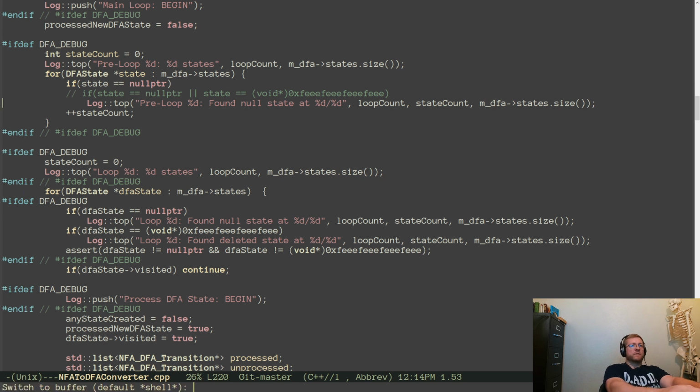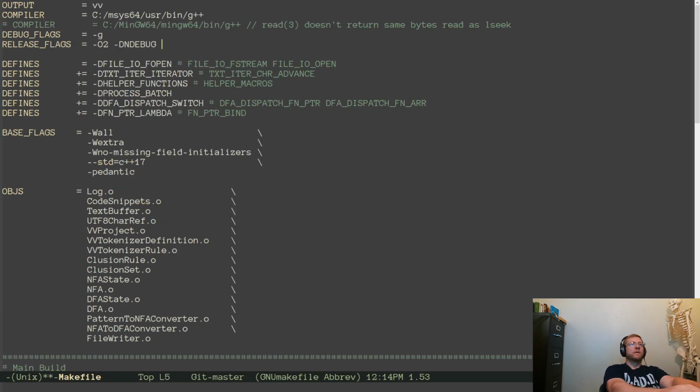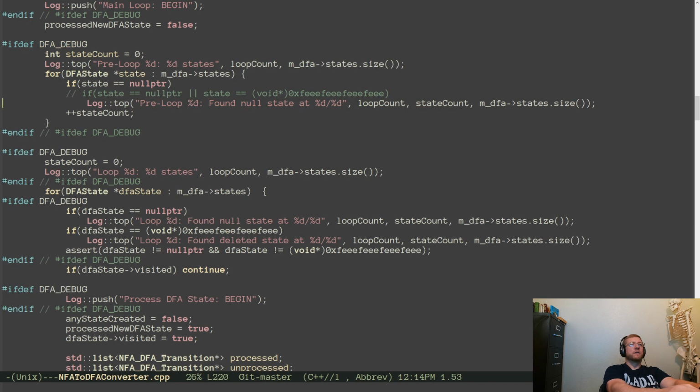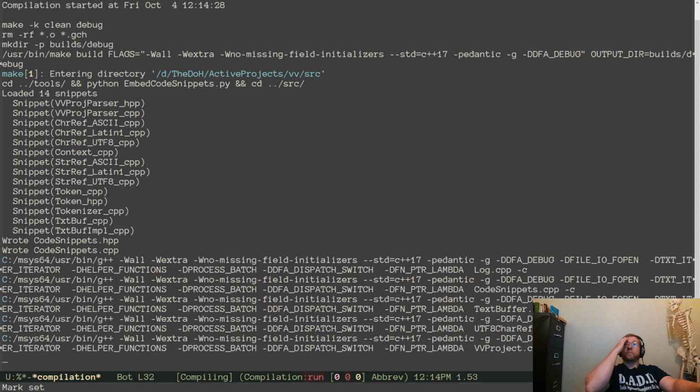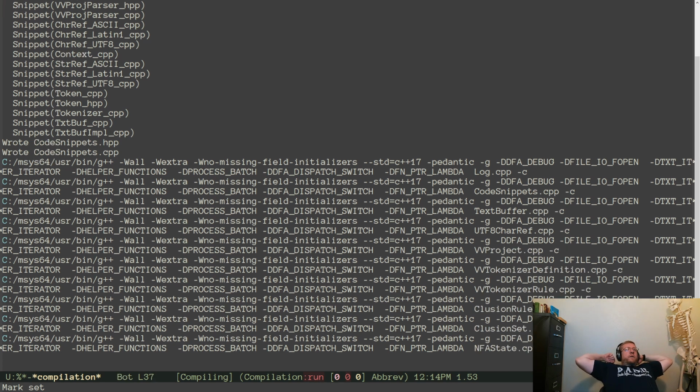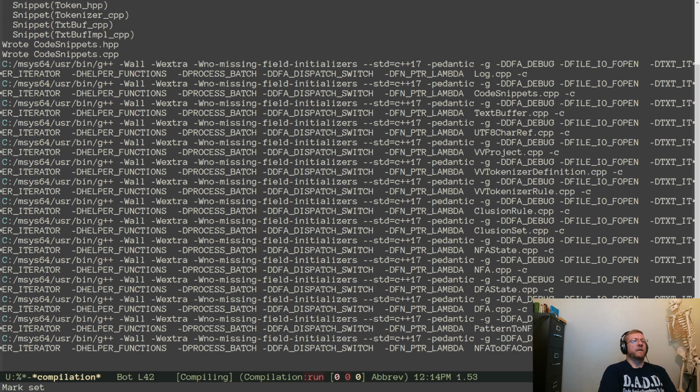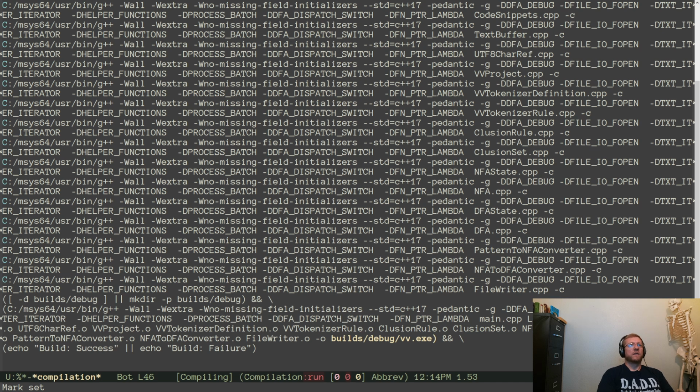So let's turn that on. -d DFA debug. That should include an awful lot of the logging of what's happening in that NFA to DFA.